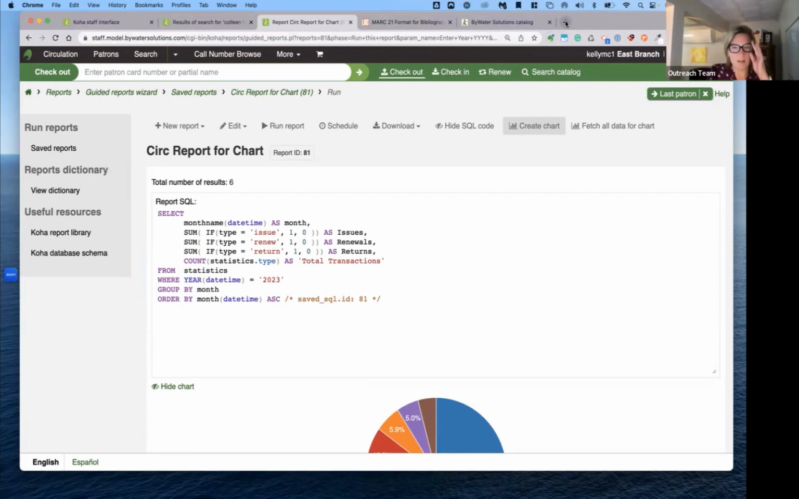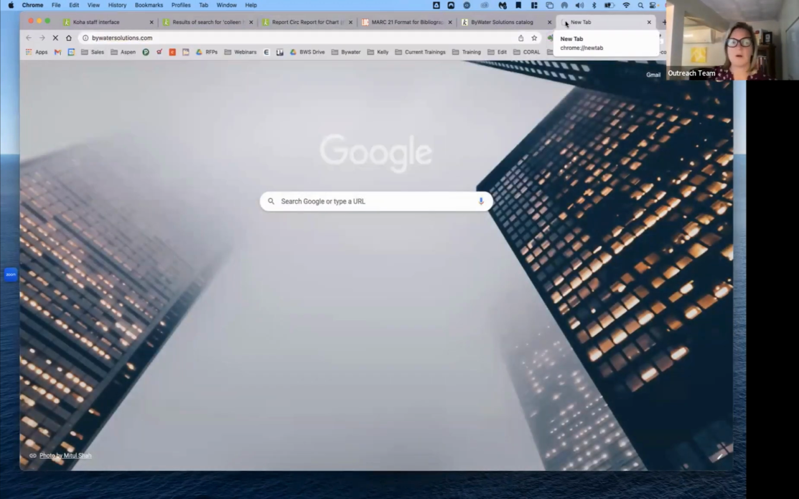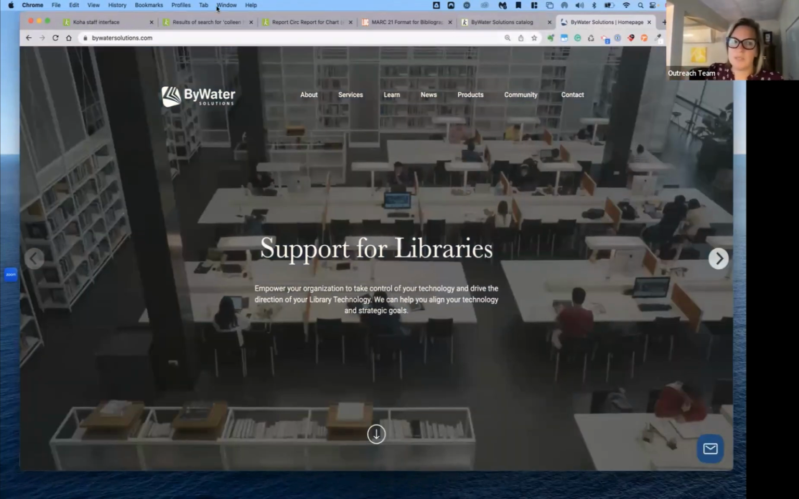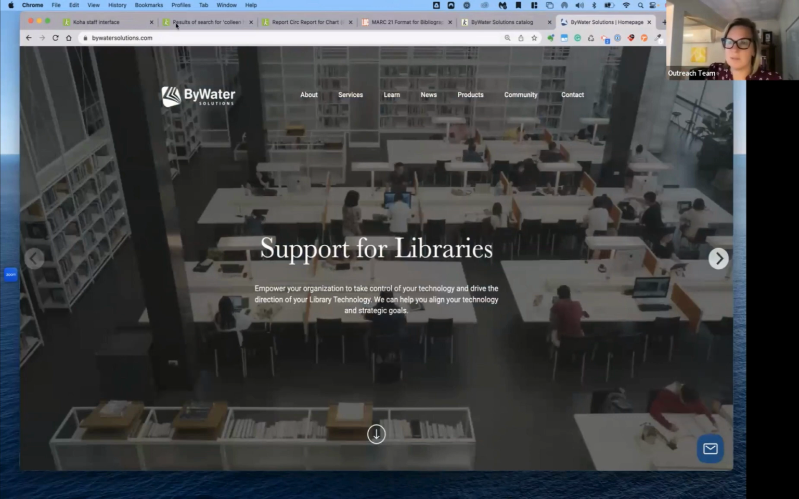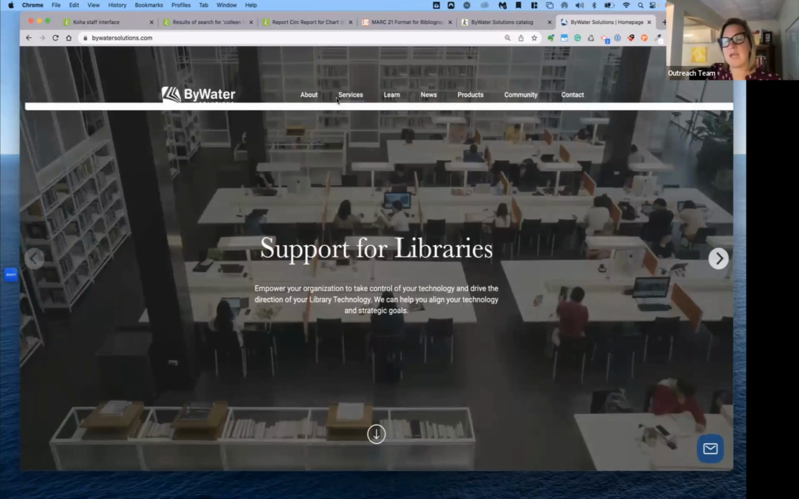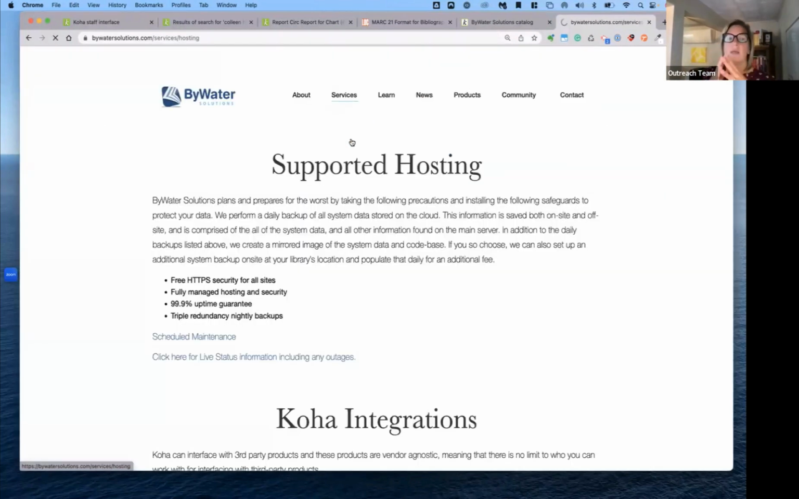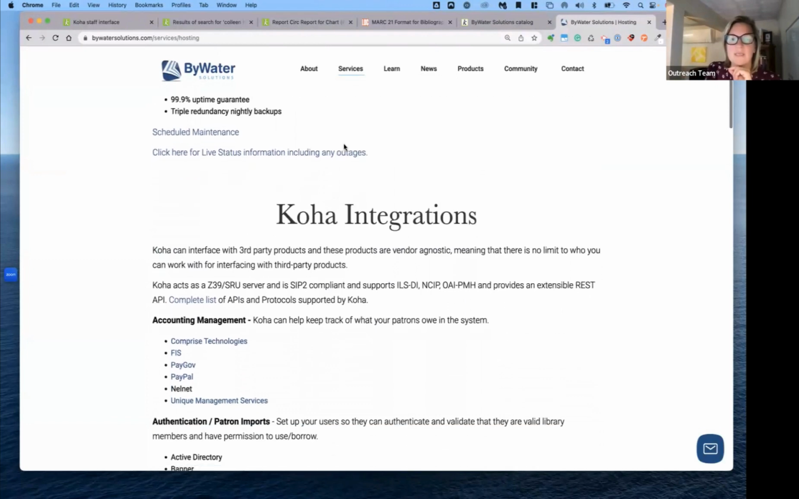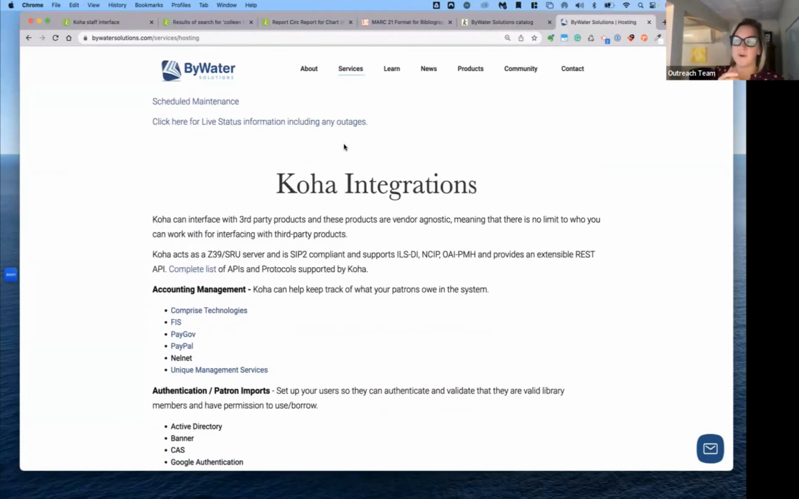I think I lost my tab, but I'm just going to head over to my Bywater Solutions webpage. If you want any more information, you could head over to bywatersolutions.com, and you could schedule a demo through here. You could learn more, get more resources about Koha from this page. What I wanted to show you is the integrations that Koha can connect to. So if I scroll down a little bit, and I'll add this link into the chat, this talks about all the third-party products that Koha can connect to, because we can interface with, I can't say everything, but